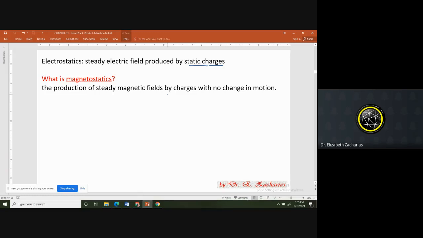Static means not moving, not changing with time. Electrostatics are constant electric fields. I have a charge that is not moving. It is at rest. Now, if I take a point and find what is the electric field because of this charge, that electric field remains a constant in time. As long as this charge is going to sit here, the electric field at that point is going to be that. That is electrostatics. That electric field does not change with time.